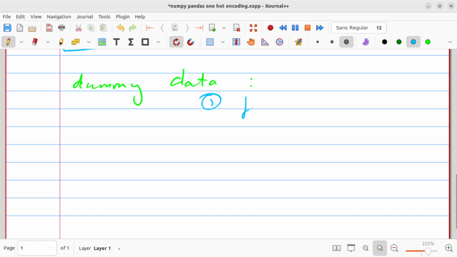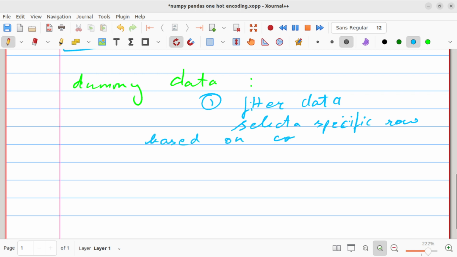First we will try to filter our data. We will be selecting some specific rows based on a condition. Then we will be aggregating and grouping the values,